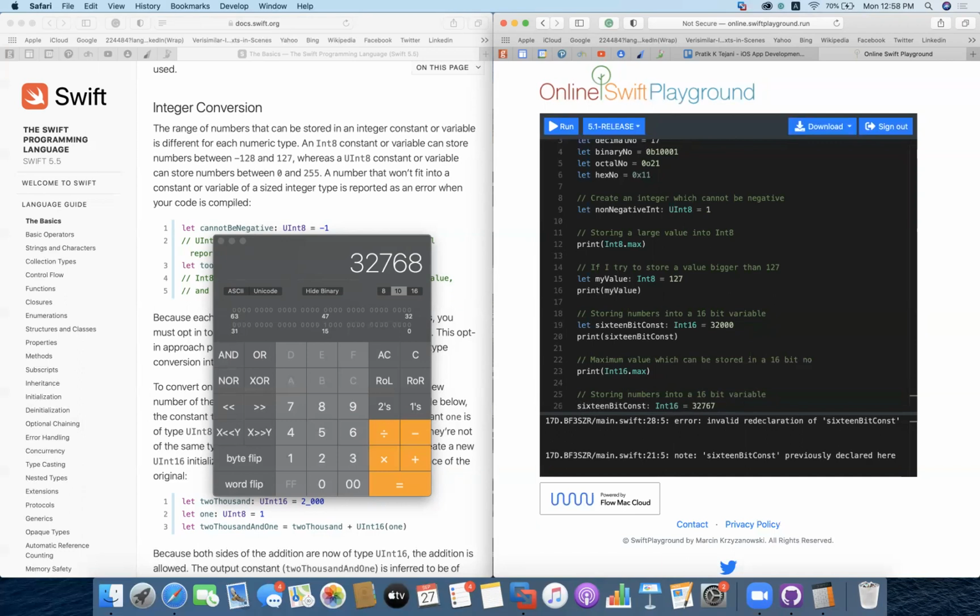I have already created that 16-bit variable above, so I cannot do it, but I can store the value once again. Consecutive statements on a line must be separated by a semicolon. So here you can see on Swift line number 28, if we are having consecutive statements, then we can define that with a semicolon.